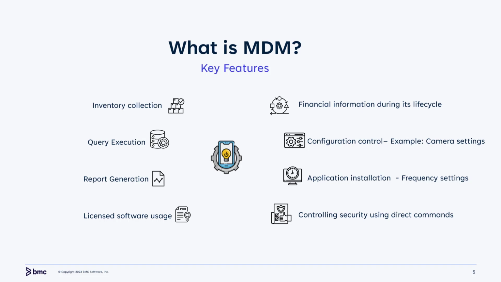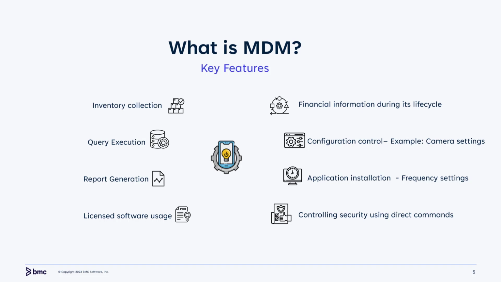BCM simplifies the process of application management by automatically installing essential apps on the target mobile devices. Even if users remove an app, our system ensures its reinstallation the following day, maintaining operational continuity. To safeguard sensitive data, we employ remote security commands such as lock, wipe, and clear passcode. These actions can be executed in response to theft, loss, or forgotten passcodes, ensuring that our devices remain secure and